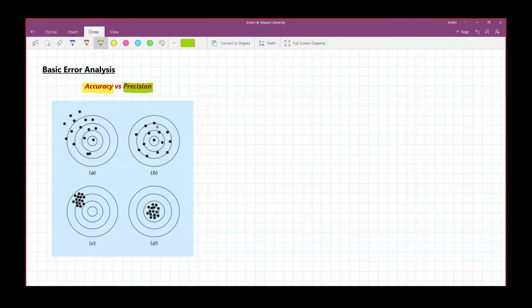Some of you maybe did this. I don't know if you have, yeah, some of you did this kind of targets, especially this one. So when you say accuracy and precision, they are entirely different things. Okay? So if you're going to look at these four